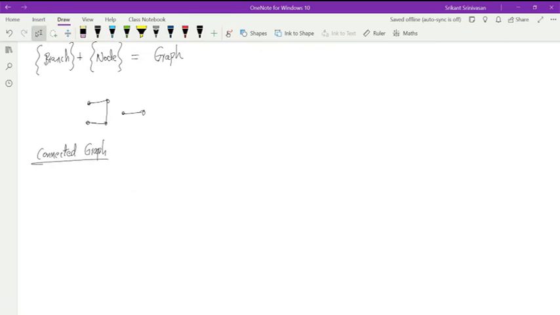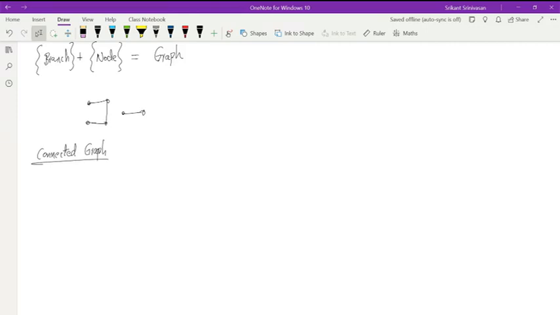Now I motivated all this by saying that we are going to do analysis of currents and voltages. Now we'll step away from that for a bit. We'll just look at basic definitions. And after we understand all these definitions, we'll be able to figure out how they come into the network analysis. Okay. So for now, forget about the currents, voltages, and all that, and just go into the graph theory.